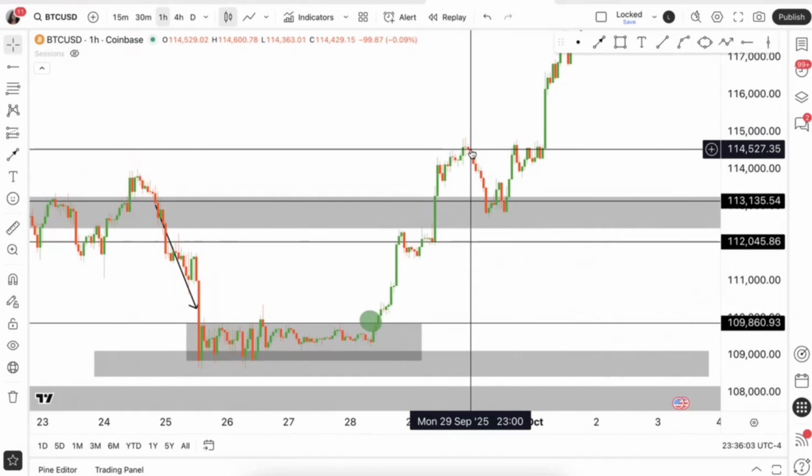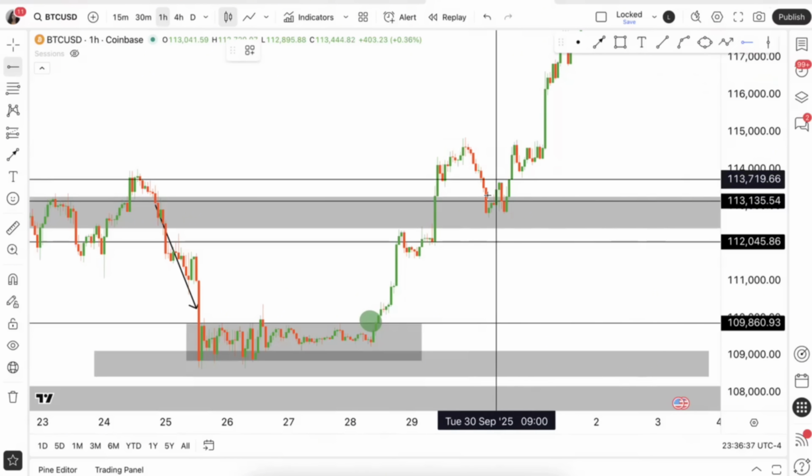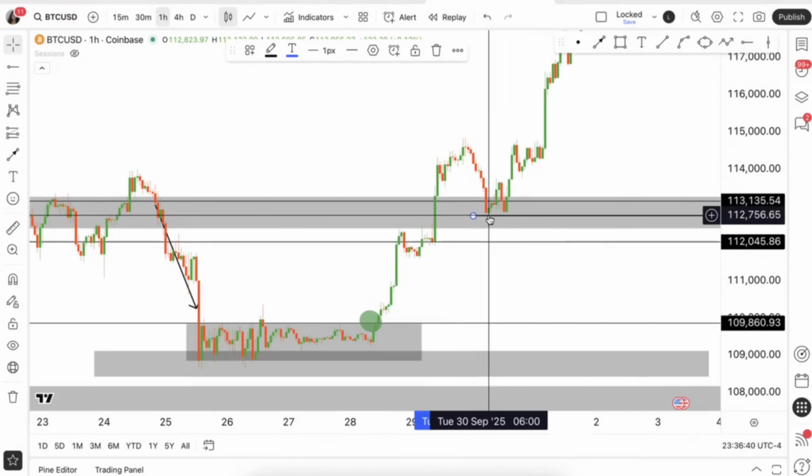This is what I'm talking about with ICC, market structure, price action. Overall, I'm trading market structure and price action. ICC itself is just a way to explain price action to people that don't really understand it. So once again, me personally, I don't have to follow every ICC thing, because market structure and price action is basically what I'm teaching you. So when it comes to market structure and price action, price is showing me that it no longer wants to go down. It doesn't want to go any lower than this.